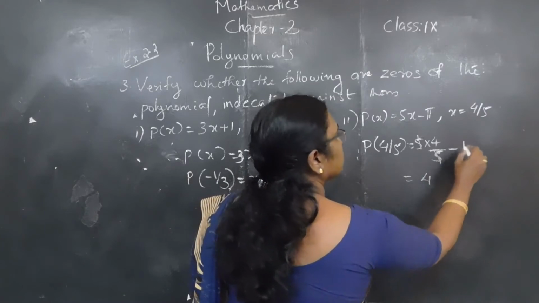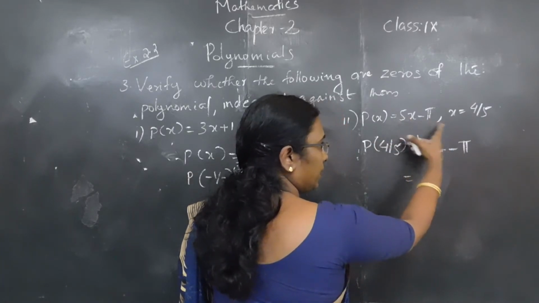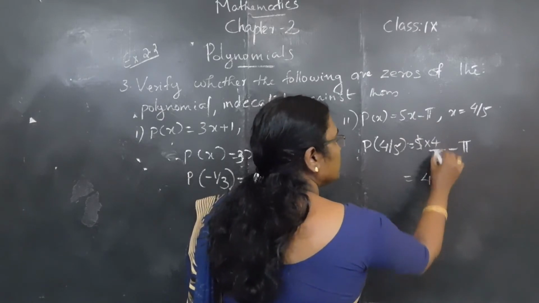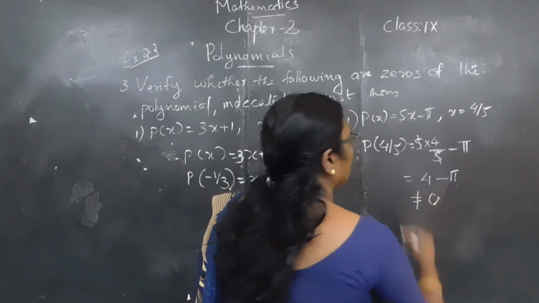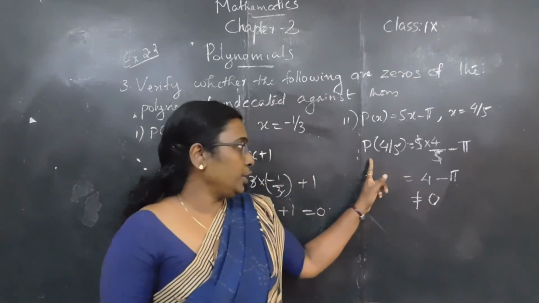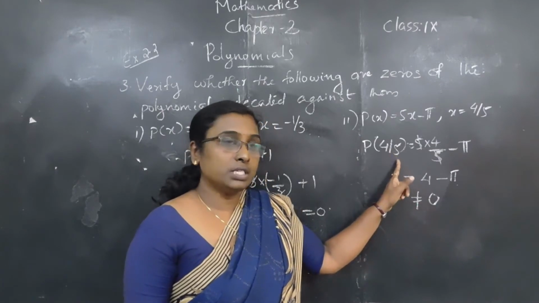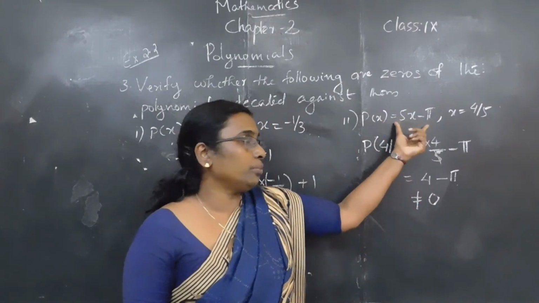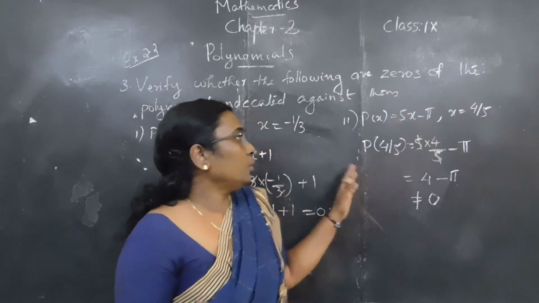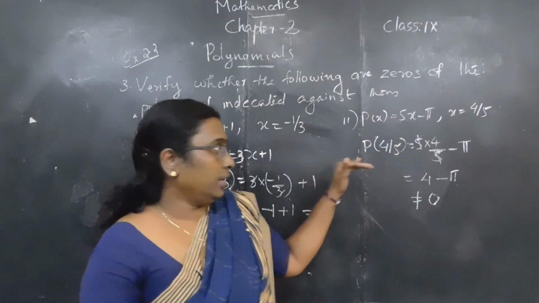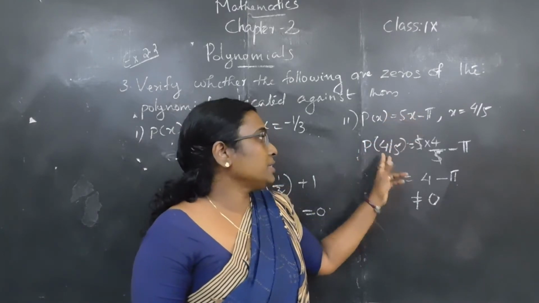We get not 1, here 5. 5 into 4/5 minus 5. Here 4 minus 5, which is not equal to 0. Since p(4/5) is not equal to 0, 4/5 is not a zero of this polynomial 5x - 5. Okay. So, in order to verify a number is a zero of any polynomial, first we substitute